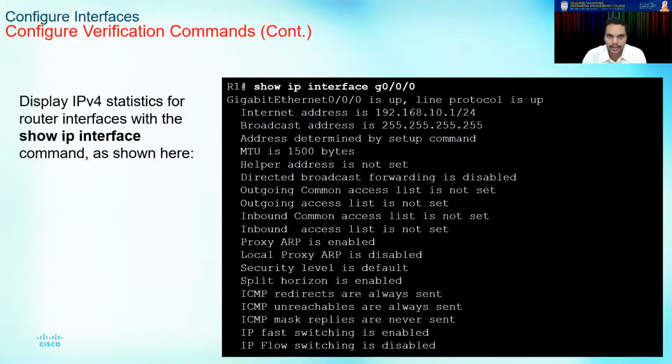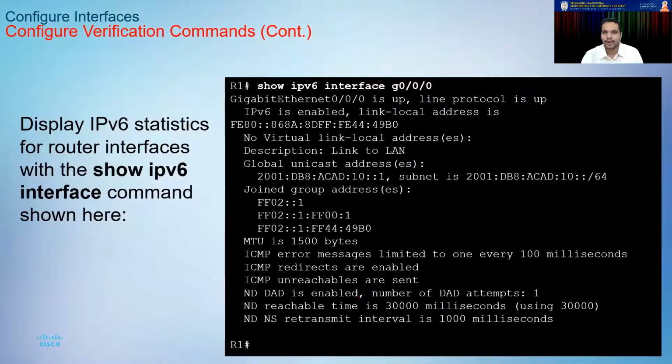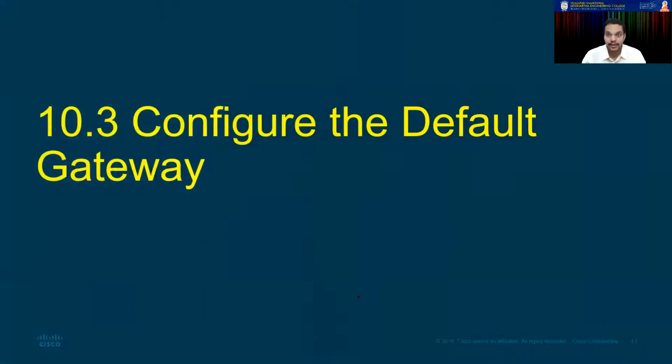These are the two show commands, and the same goes for IPv6. If I type show IPv6 interface, it gives me the network layer information for this particular interface from the IPv6 perspective. What are all the IPv6 addresses assigned? What are the group addresses? What is the link local address? All those things will be given here for IPv6. So these are the different show commands. Please remember why show commands are used. They are primarily used to troubleshoot and to verify whether the IP address assignment is done properly. You have to get used to the show commands.